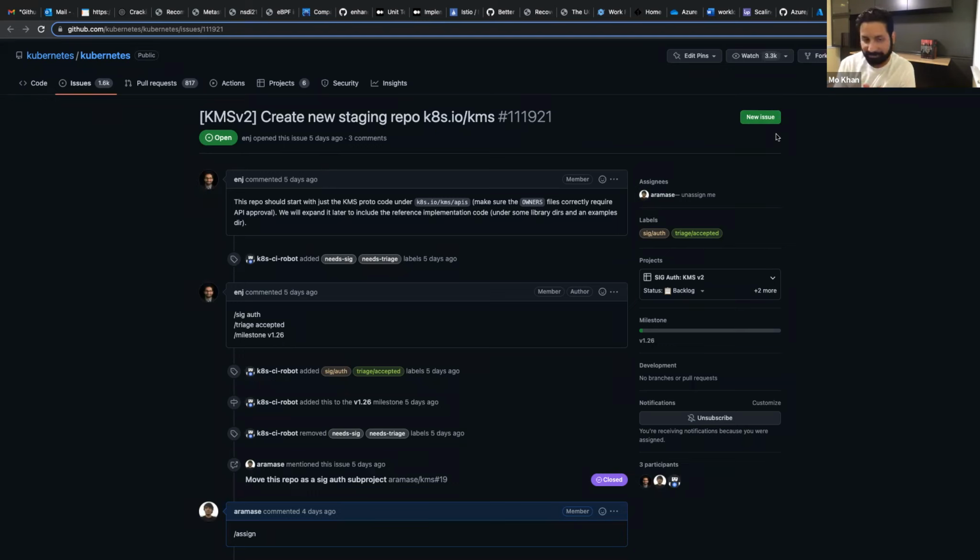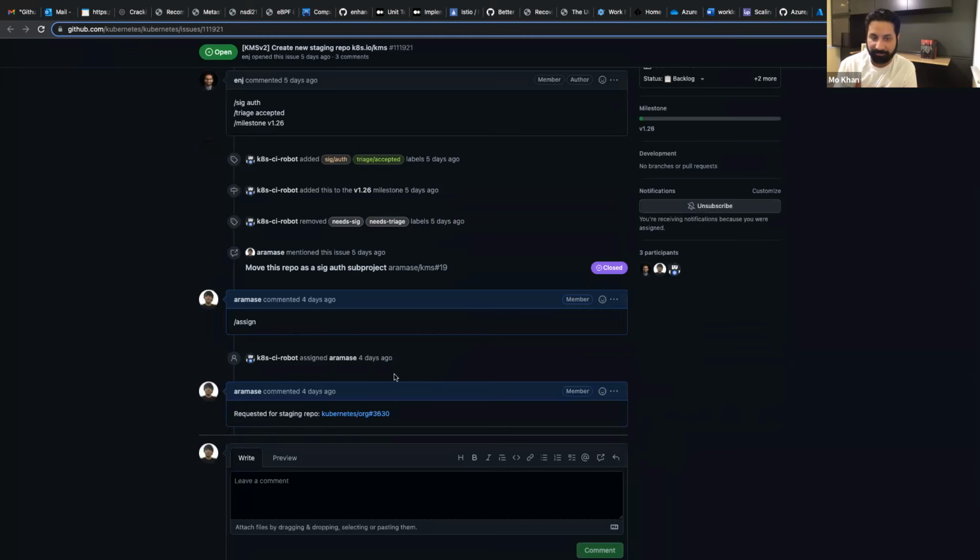Speaking of reference implementation, Christoph, I know you have a bunch of stuff open for us to review, which is high on my list of doing now. So my thought process there is we will probably just review where it is and get it into a state that we're happy with. And then once this repo is available, we'll just move it over there. Or once the staging stuff is created, then we can make the staging directory and start putting stuff in the core of Kubernetes. Does that sound good? Any thoughts, concerns?